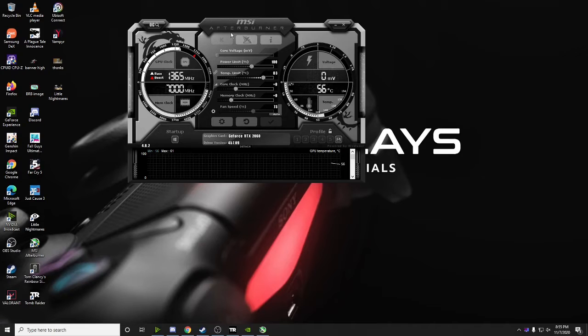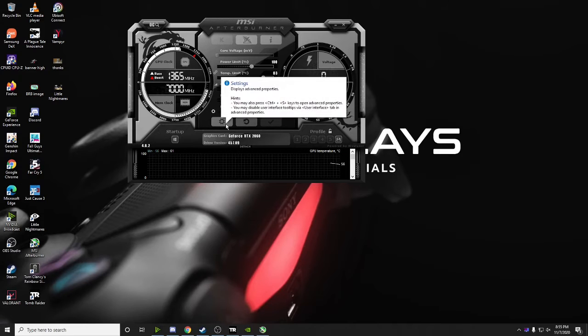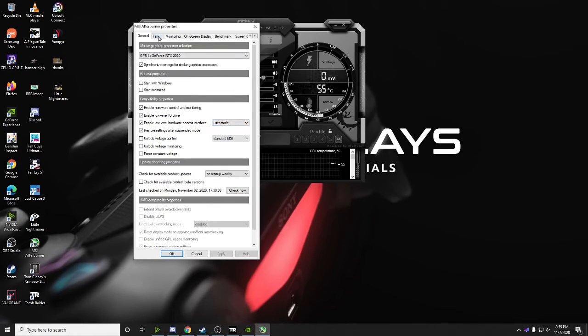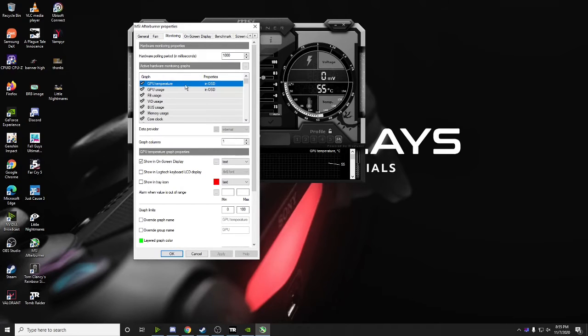Now what we are going to see are the settings that we need to enable for monitoring FPS and those things. Right now you can enable the GPU temperature and usage.